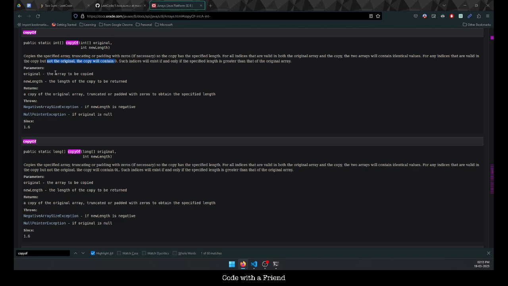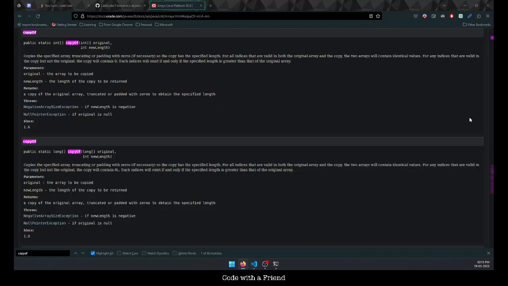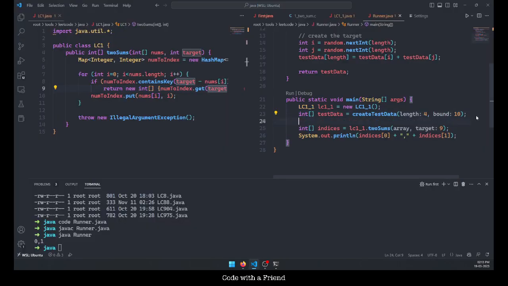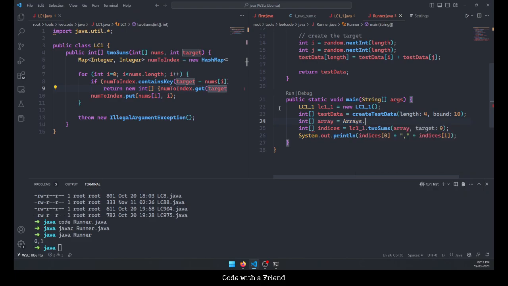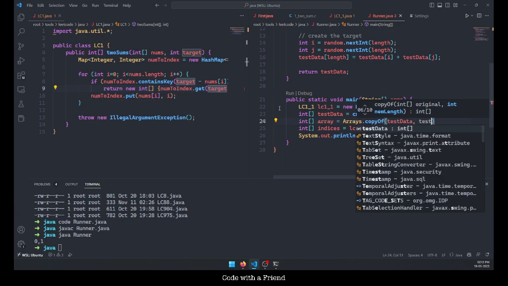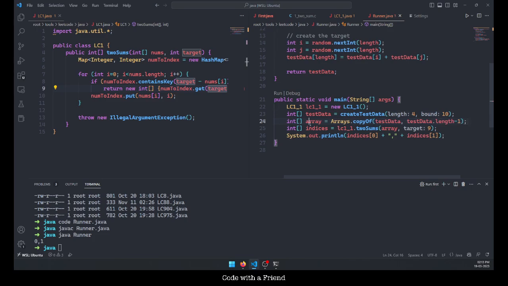Such indices will exist. So original is that, a copy, truncated or padded. So what I need is truncated. Let's see if it does truncation. It's within java.util.Arrays, so I should have that. So my array will be Arrays.copyOf(testData, testData.length - 1). So this would be the array that I will be passing around here, and my target would be